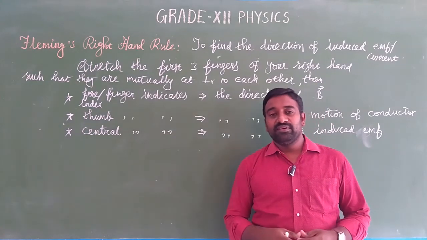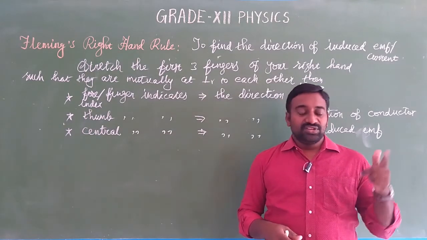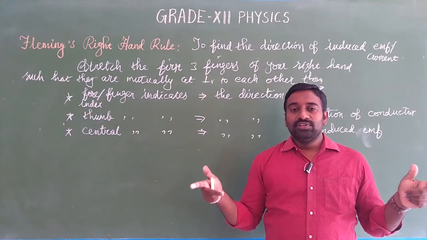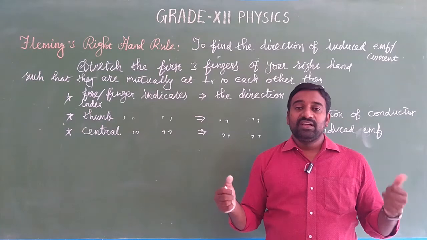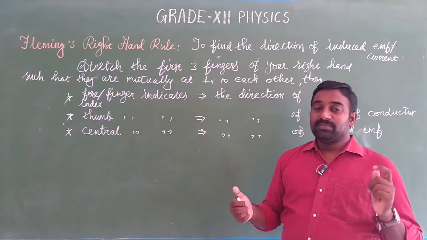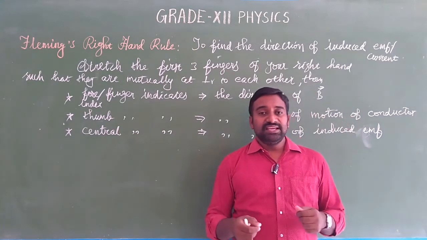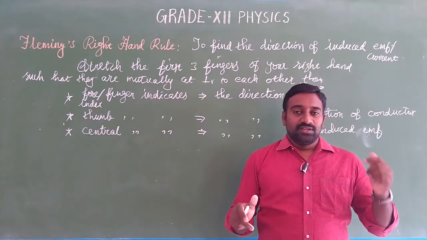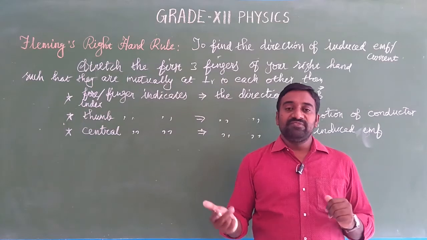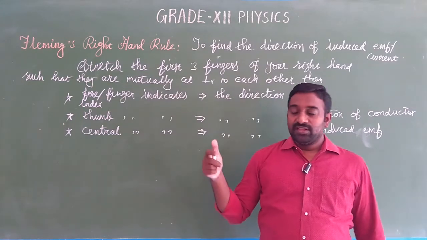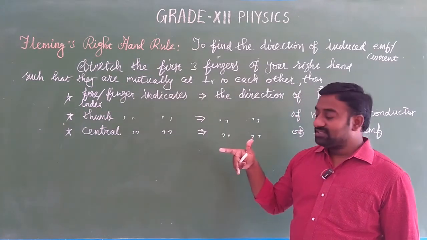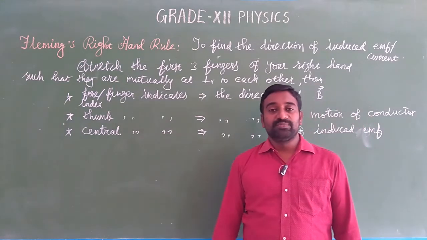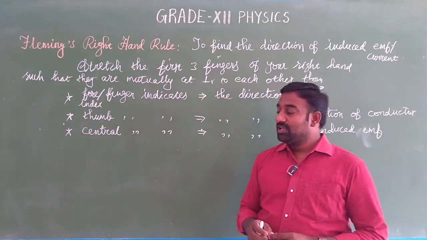Many of you have confusions. Fleming's left hand rule and right hand rule, both rules are used to verify directions alone. But some of you have a confusion. They think that these rules are the working principle. This is not at all a working principle. Using the left hand fingers, we can verify the force, and using the right hand fingers, we can verify the direction of the induced EMF. So this is not at all a working principle. So don't get confused. Okay.